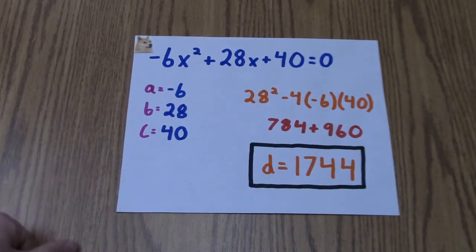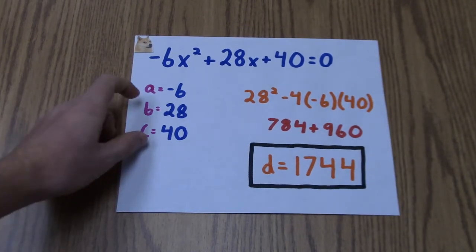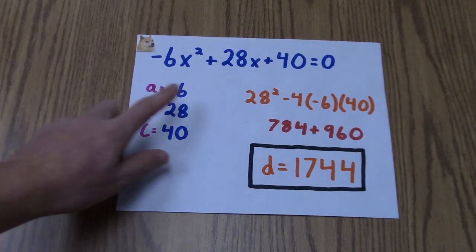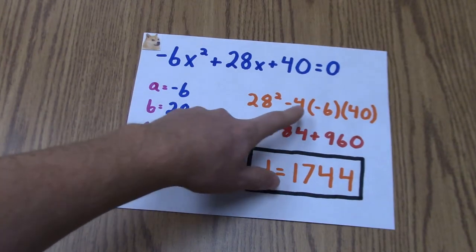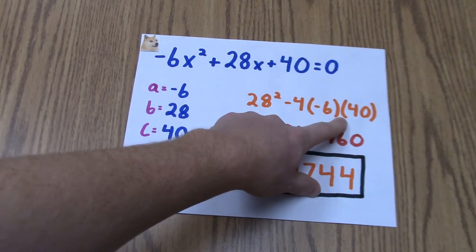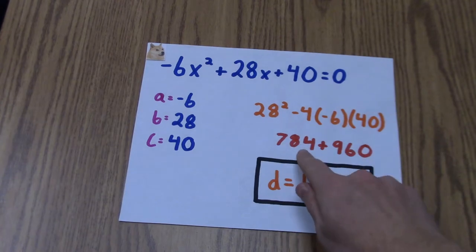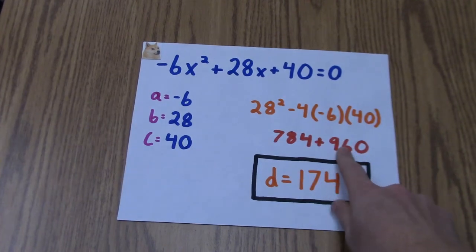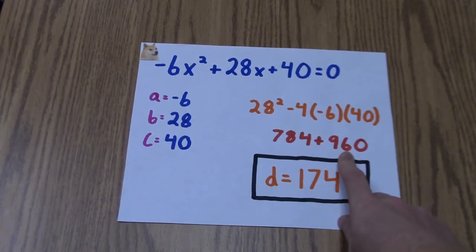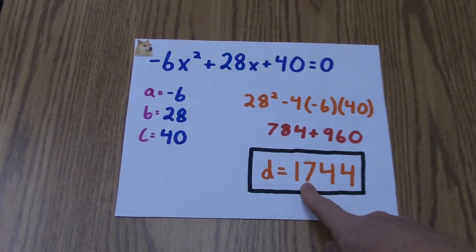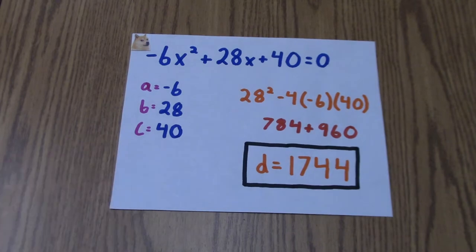Now to find the discriminant, we will plug in b squared minus 4ac with substitution. B squared will be 28 squared minus 4 times negative 6 times 40. So 28 squared is 784, and negative 4 times negative 6 times 40 is 960. 784 plus 960 is 1,744. Your discriminant is